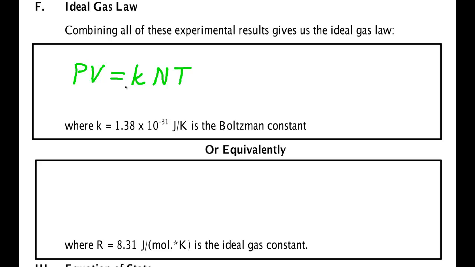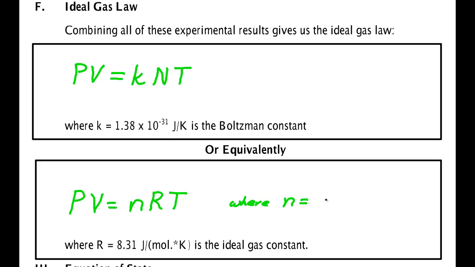Now, physicists like it in this form because we're going to see later on it directly connects to the physics going on, and we like to think of the individual particles moving around. But N will be a very large number. And so chemists and people who deal with it generally want to deal with moles, so that they don't have to deal with such a big number. Now, we can do that. What we do is rewrite the equation as this: PV equals n, the number of moles, times R times T, where